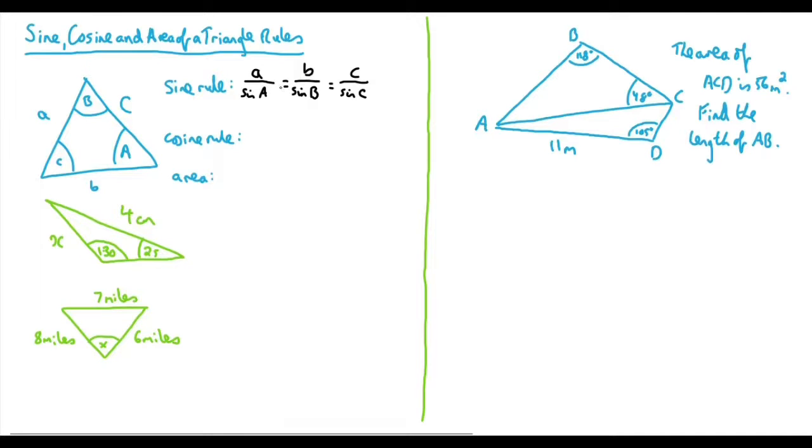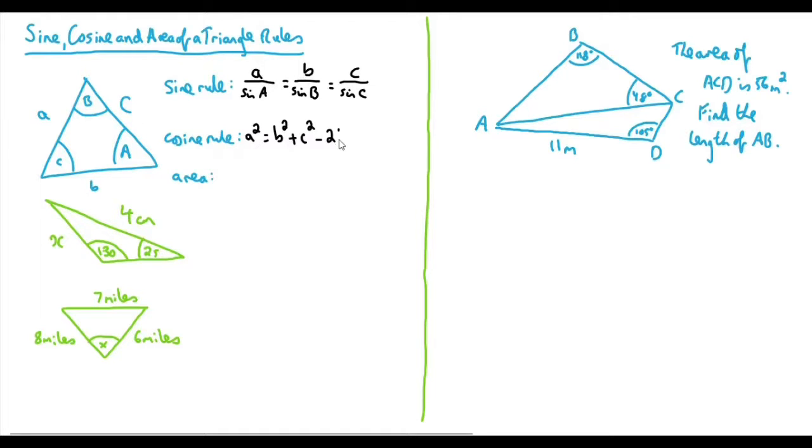In general, what I'd suggest is whatever you're looking for, whether you're looking for a side or you're looking for an angle, I'd put that on top. We'll go through an example of how to apply this formula in a second, but just to go through the rest first. The cosine rule is then that, again, starting with a side A, but now we're going to square it. This will be the same as saying b squared plus c squared, so these are the two sides squared,